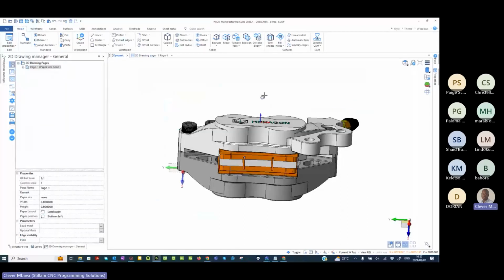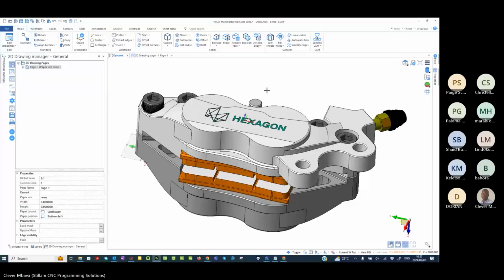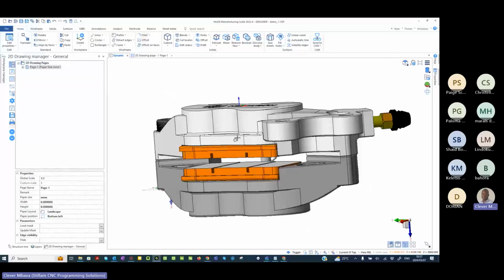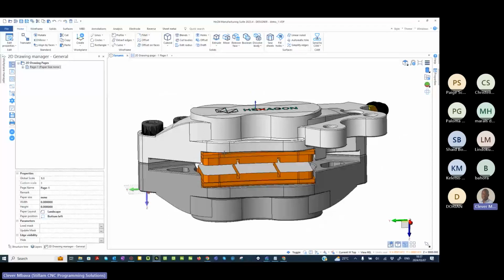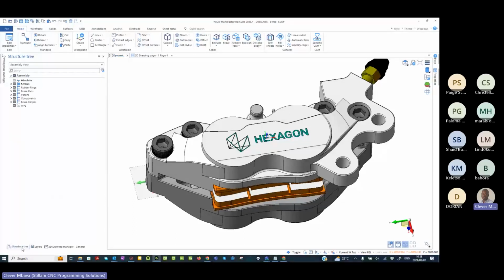All right. So right in here, I just need to show you the enhancements or the new functions added within Designer in Designer 2023.4. Looking at these parts, we've got multiple parts that have been assembled together. Working with such a part like this one sometimes can be quite complex. So sometimes you might need to hide some of the parts, show some of the parts within the assembly. So in Designer, we know we've got a structure tree. A lot of you know this one. Within our structured tree, you can switch